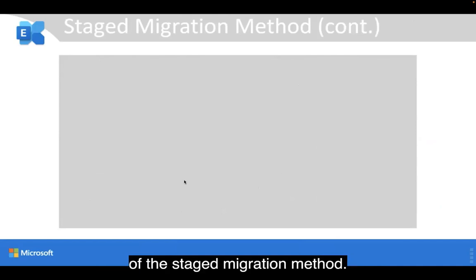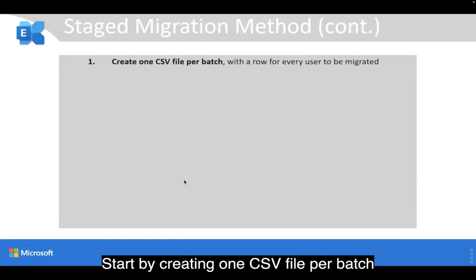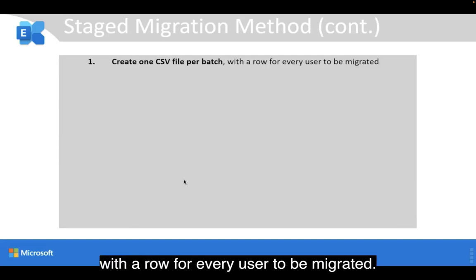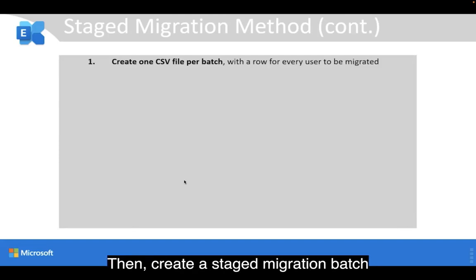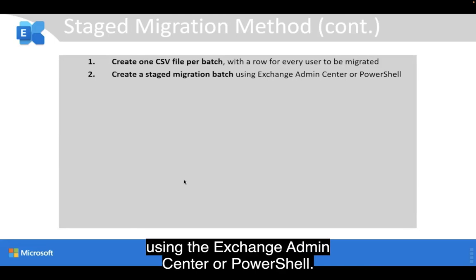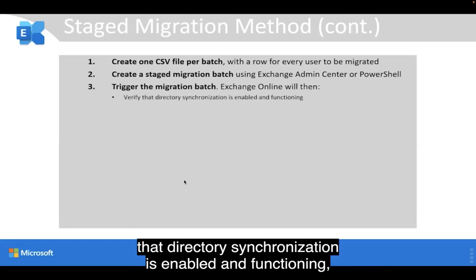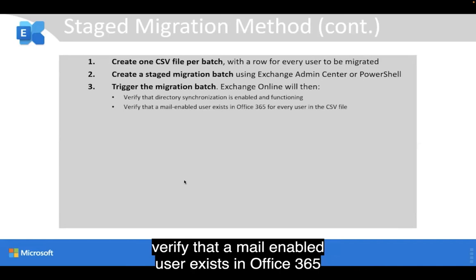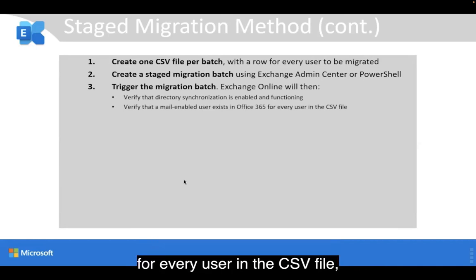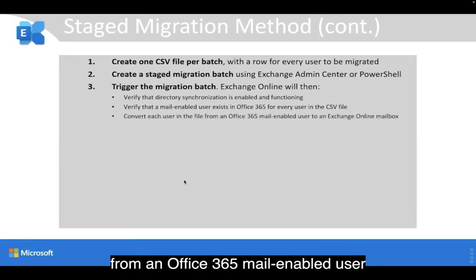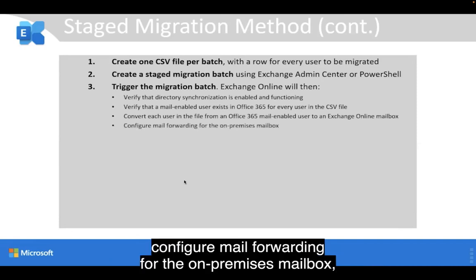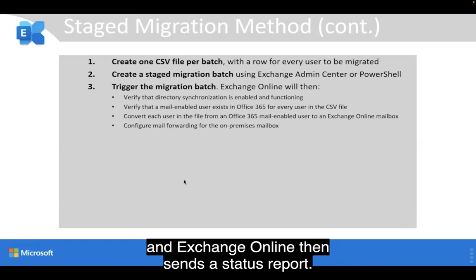And here's a high-level summary of the staged migration method. Start by creating one CSV file per batch with a row for every user to be migrated. Then, create a staged migration batch using the Exchange Admin Center or PowerShell. Trigger the migration batch. Exchange Online will then verify that directory synchronization is enabled and functioning, verify that a mail-enabled user exists in Office 365 for every user in the CSV file, convert each user in the file from an Office 365 mail-enabled user to an Exchange Online mailbox, configure mail forwarding for the on-premises mailbox, and Exchange Online then